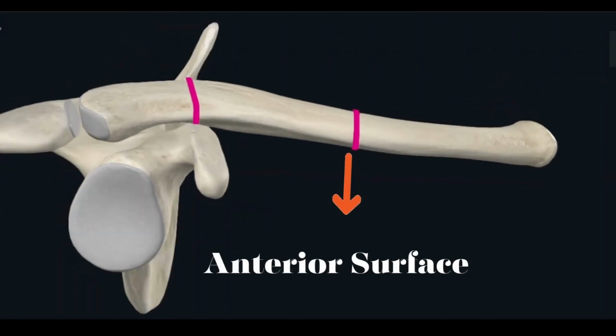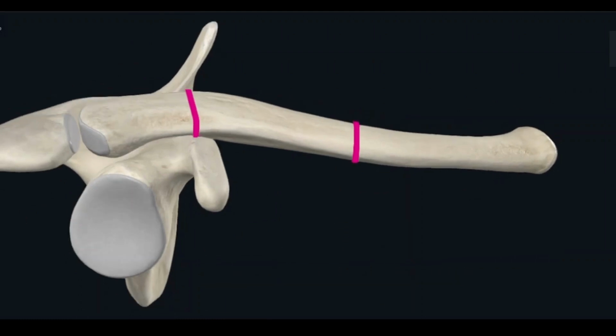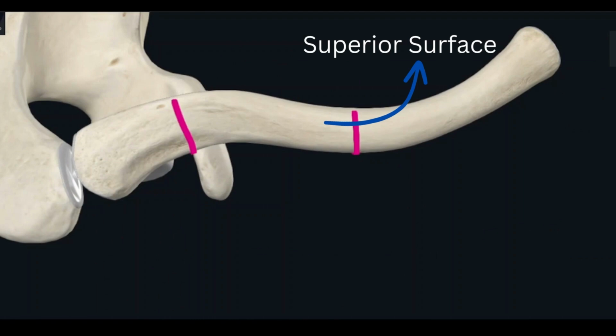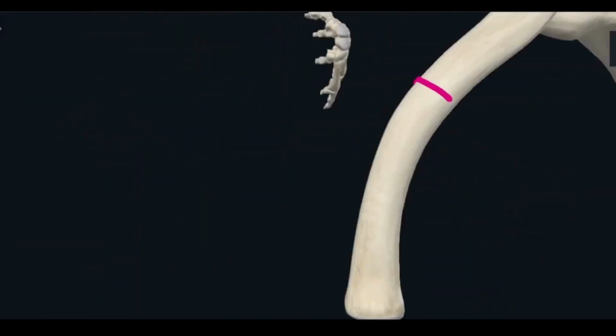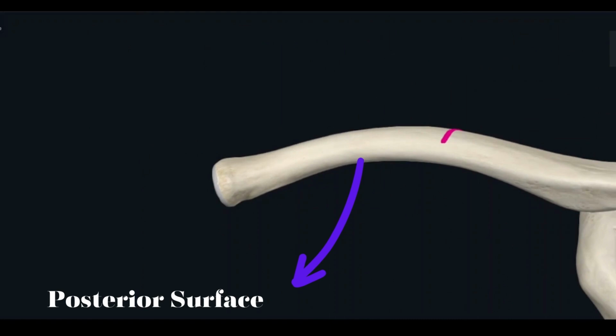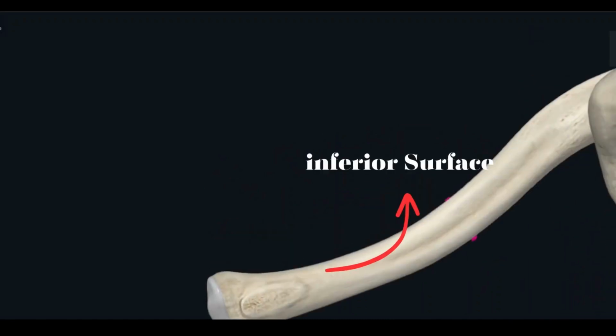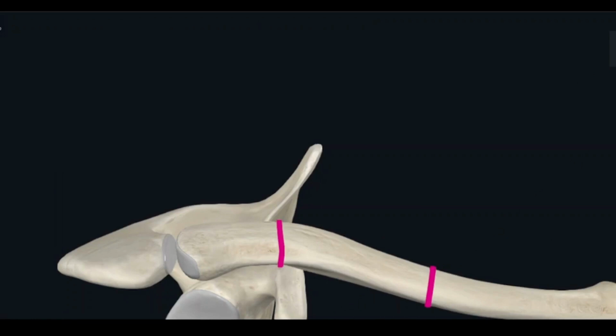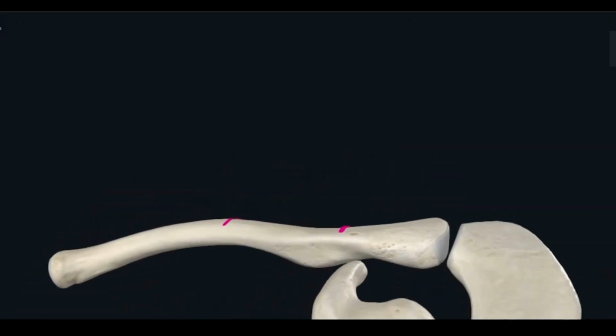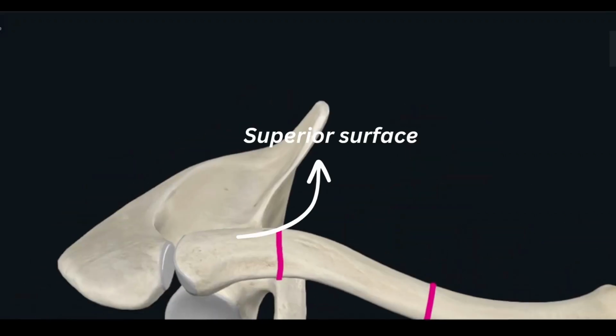So this one is the anterior surface of medial 2/3. This one is the superior surface of medial 2/3. Similarly, it is the posterior surface of medial 2/3. In the same way, it is the inferior surface of medial 2/3. While on the lateral side, it looks flat, which means it has two borders and two surfaces. That is the anterior border and posterior border, and two surfaces, that is